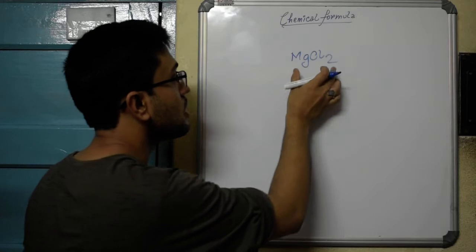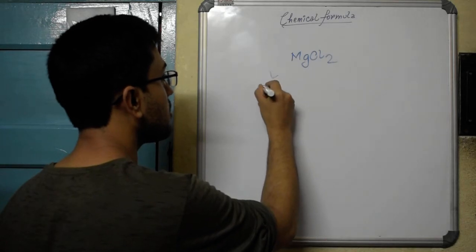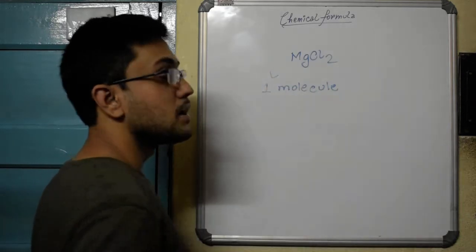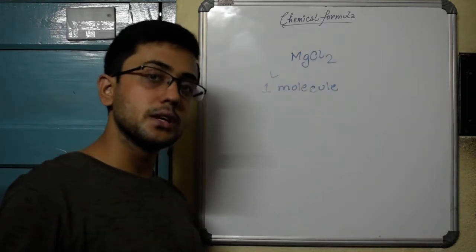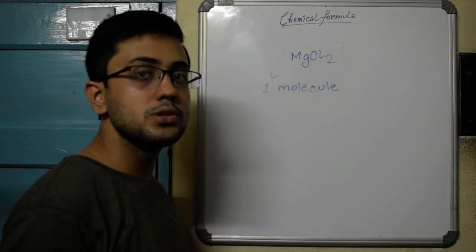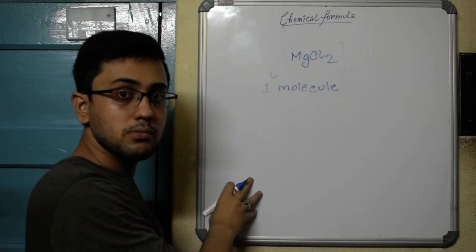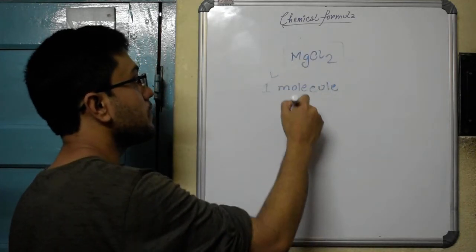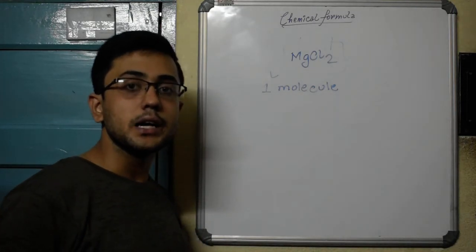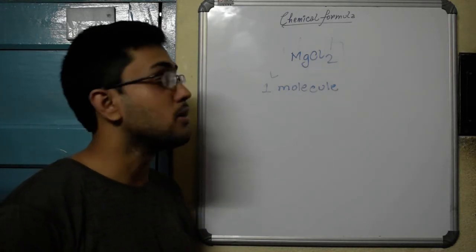The second advantage is one can know the atomic composition in a molecule. When we write the chemical formula, we are only talking about one molecule. The chemical formula represents the chemical composition of one molecule of the substance. So when I write down this formula, this basically depicts the atomic composition of one molecule of magnesium chloride. And what is the composition? In every molecule of magnesium chloride, there is one atom of magnesium and two atoms of chlorine. So it helps us to know the ratio in which the atoms of the different elements are present in a chemical compound. So these are the two main significances of chemical formulas.